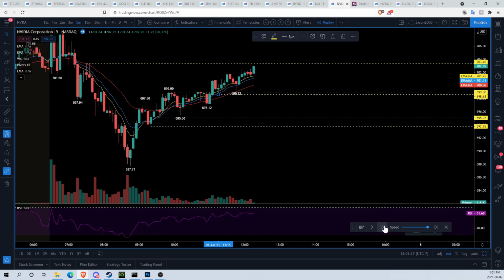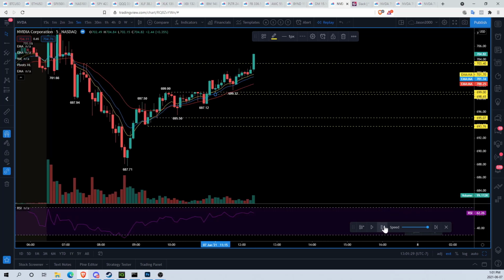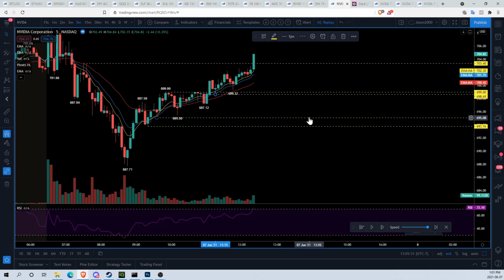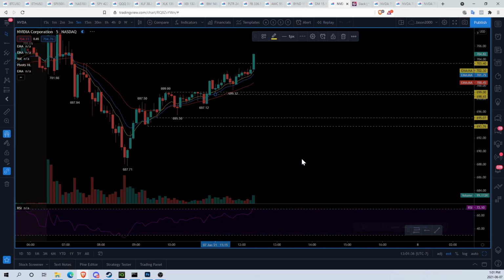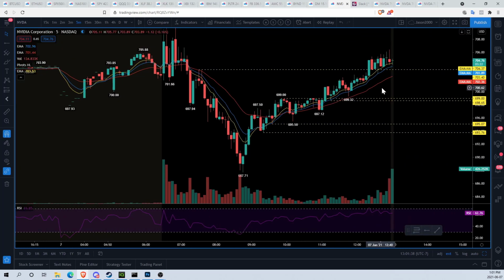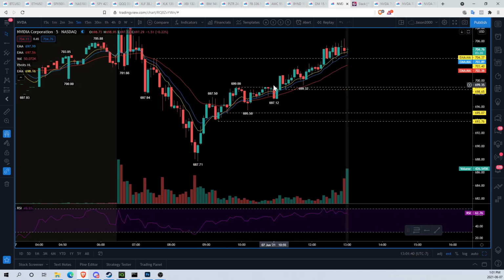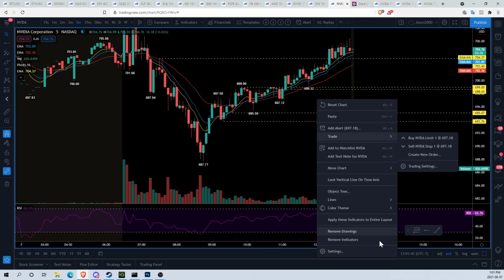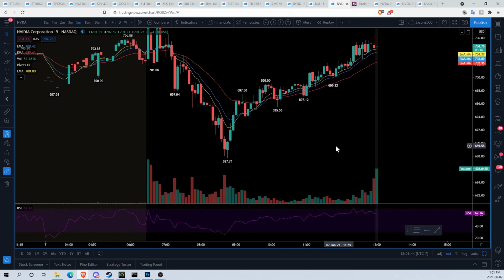We keep the price moving, and what do you know? We hit our target and we're golden. And in fact, I think we end the day pretty positively. Let's go ahead and close our window. There we go, 704.76. So 2 opportunities here on NVDA using 2 different strategies, our oversold bounce and then our